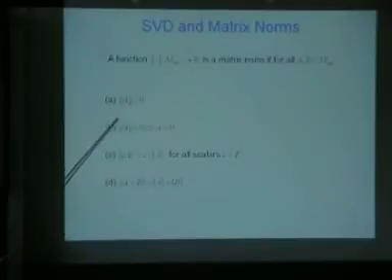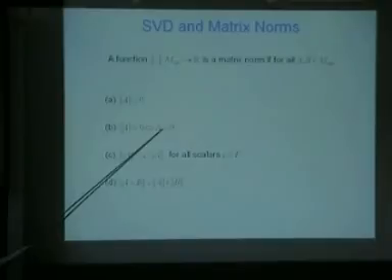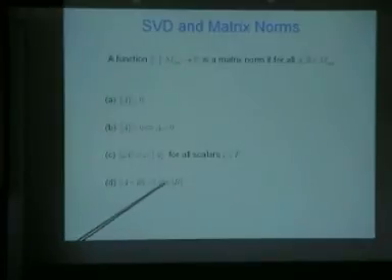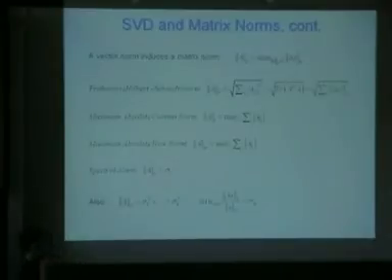It's always going to be positive, it's 0 if A itself is 0, every element is 0. Multiply by a scalar, the scalar comes outside, that's the magnitude, and the famous triangle inequality. Okay, it's just regular norms, whatever the norm is. Now, if